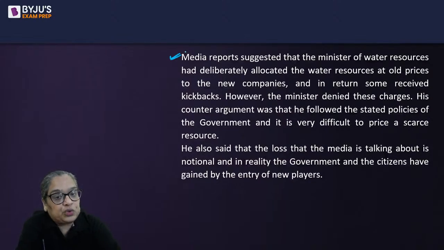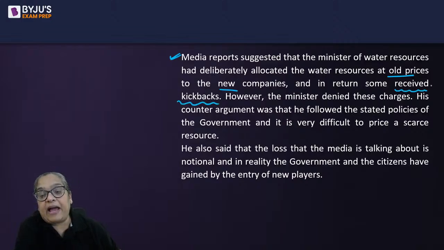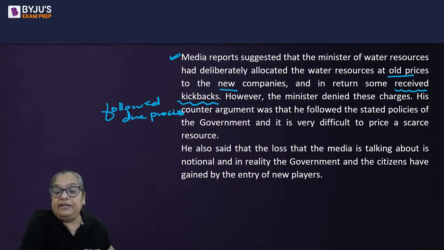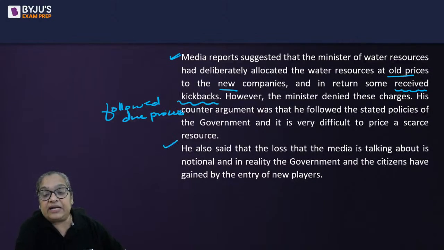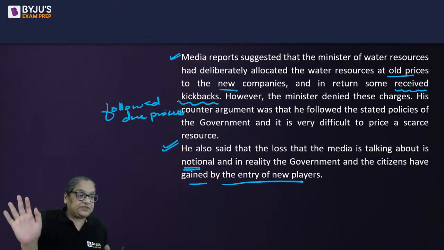The Minister of Water Resources had deliberately allocated water resources at old prices to the new companies in return for some kickbacks. The minister denied these charges. He countered. His counter argument was that he followed the due process set by government guidelines. All right. And it is very difficult to price a scarce resource like water. He also said that the loss that the media is talking about is notional. In reality, the government and the citizens have gained by the entry of new players. All right,